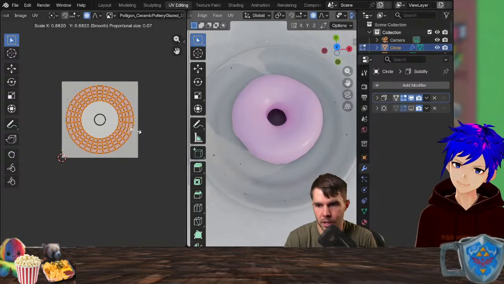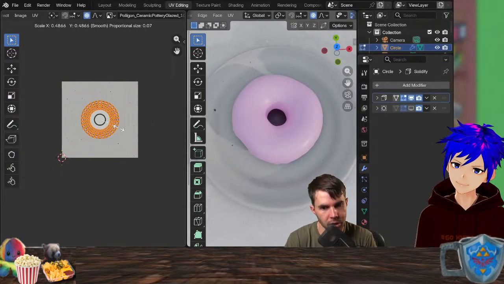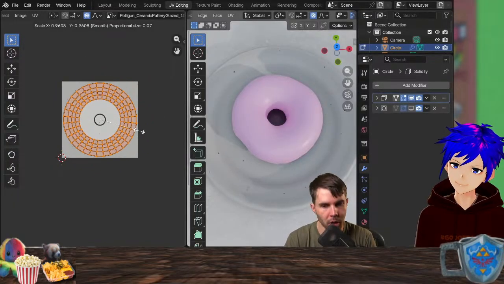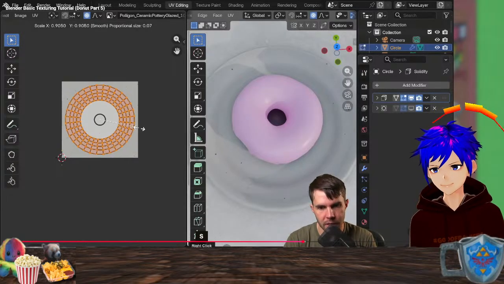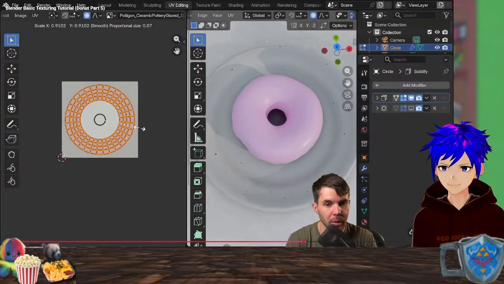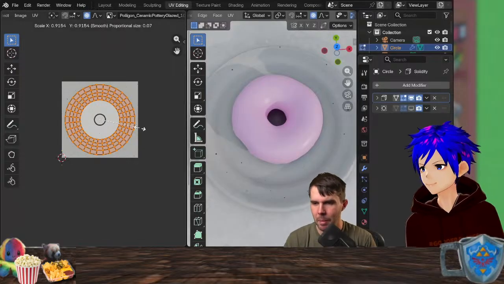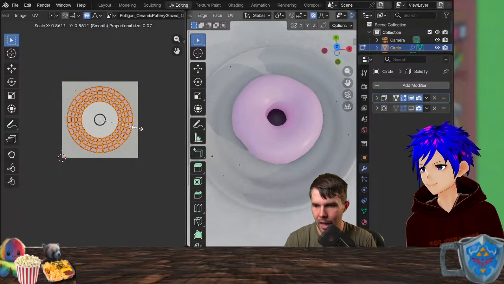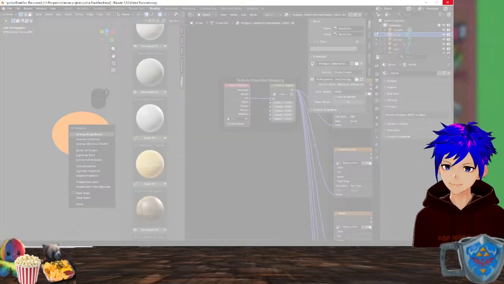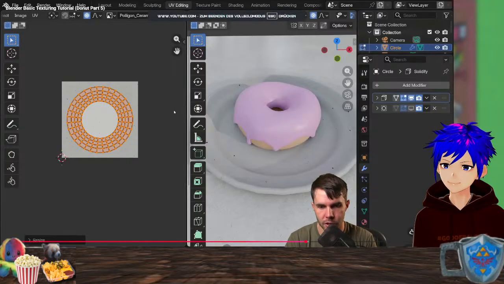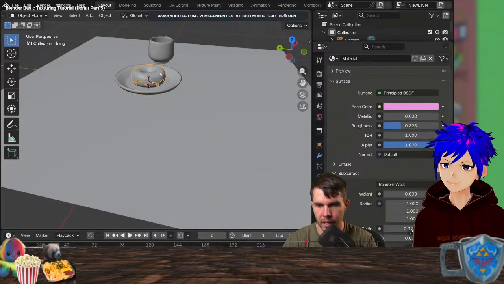I can also scale this by hitting S, and this is a really common thing you do, because often a mesh is a completely different size to the captured size of the object. In Polygon's case, for detailed textures like this, it is a 30 by 30 centimeter texture, which is probably pretty perfect for a plate. Maybe a plate should be scaled in a little so that the dots are bigger. But you can see this is very, very easy to do. Let's go back to layout over here.